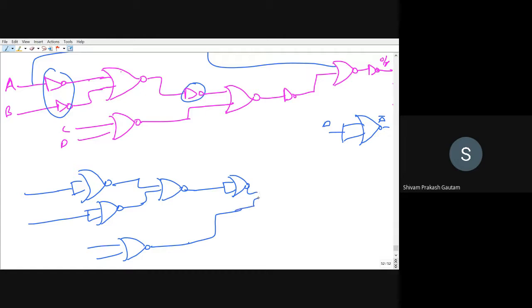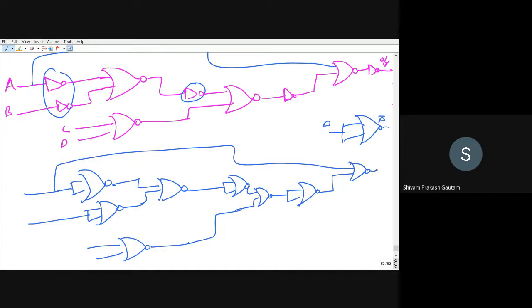Space is less, so let me just draw a NOR gate here. Inverter is there, so short the input. Then it is flowing through a NOR gate here. And this is where we have taken a NOR gate. Again, an inverter is there, so you have to add a NOR gate here as well. Then this will be the output. This will be the final output. So this is A, B, C, and D. So we have made the circuit using NOR gate only.